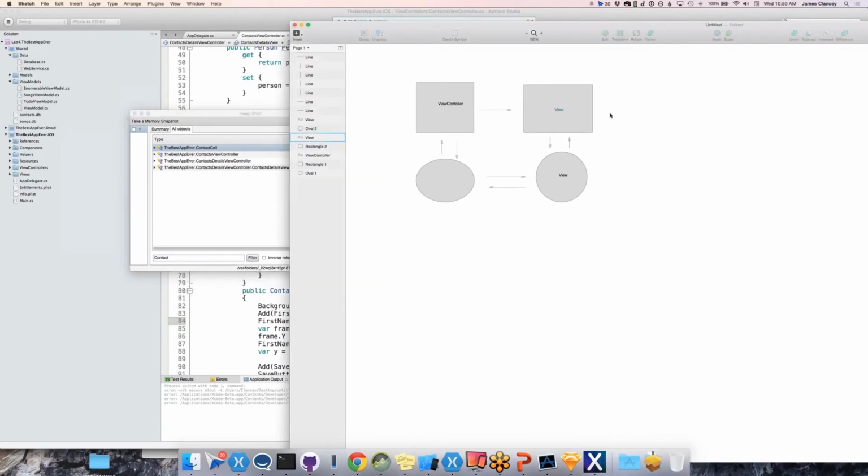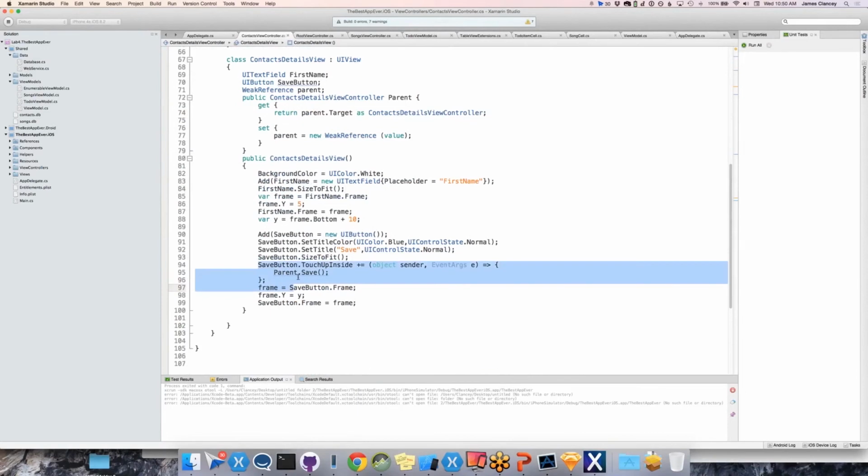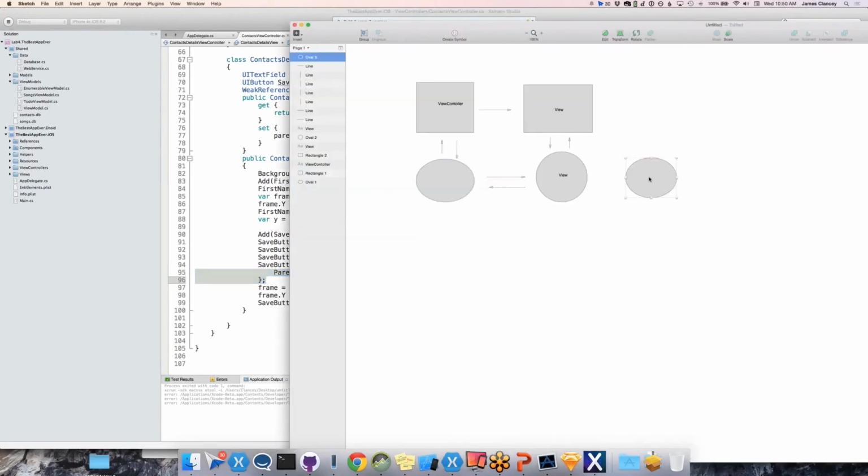Let's just say our view is a button instead, and we're doing an anonymous function. I love anonymous functions. I use them all the time. So we create an anonymous function, which creates a new managed object, which people might not realize. But whenever you do this code right here, this creates an anonymous function. Our garbage collector is getting better at fixing some of these, like with this button. But what it does is it creates a new thing, which is our delegate. This method is the object. So we now have our